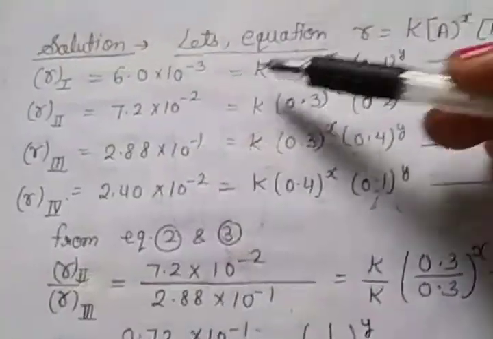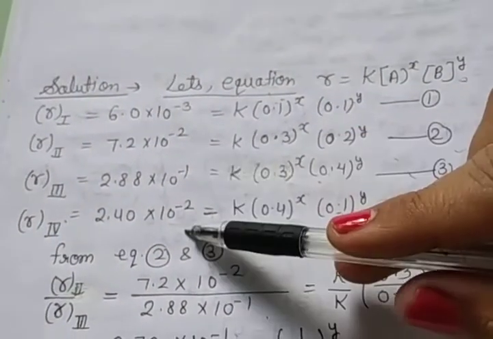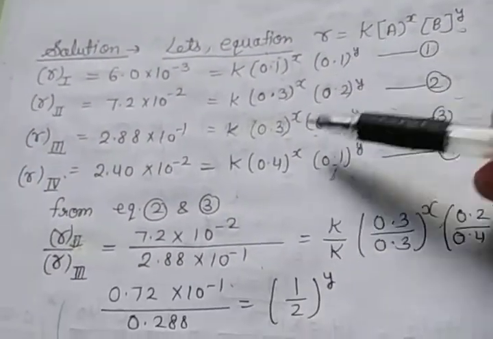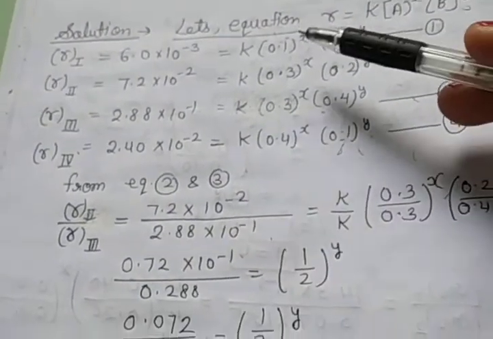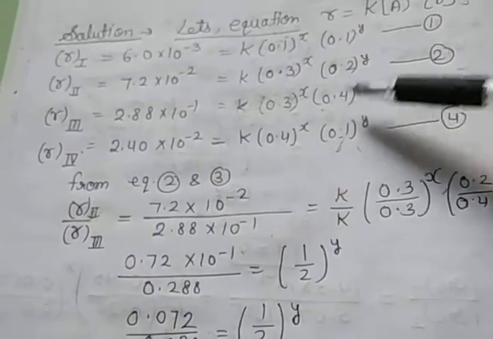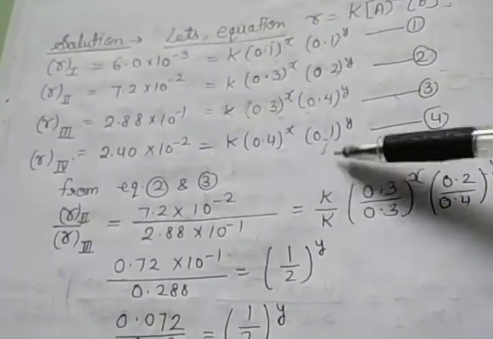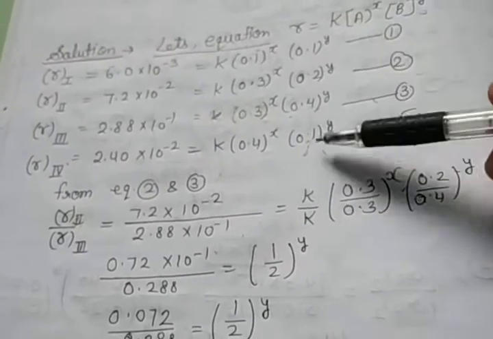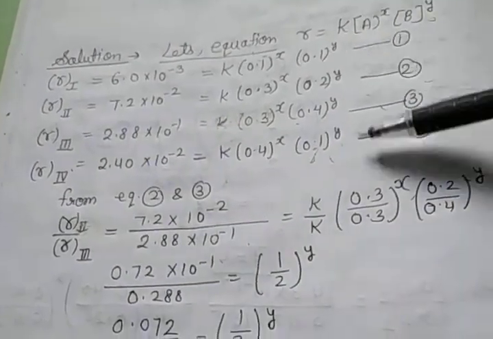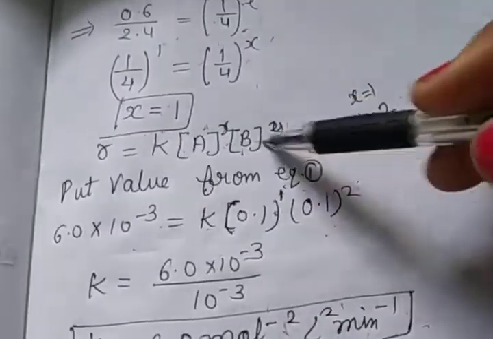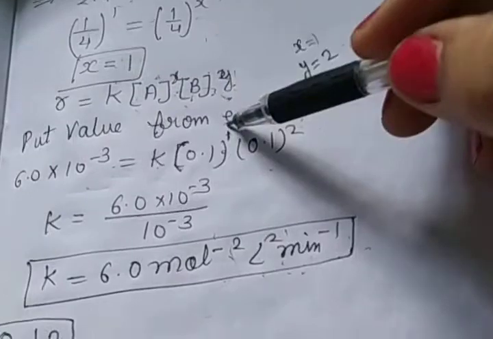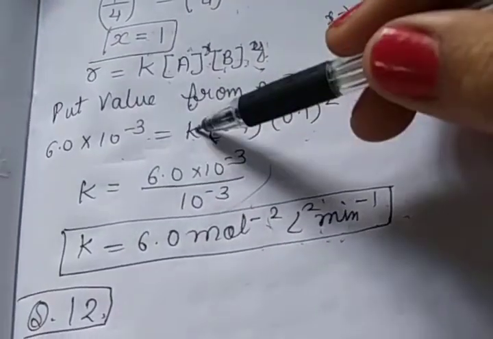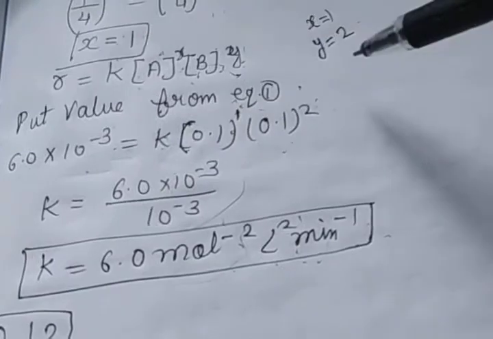So first you have to put the values according to the table, the rate of the reaction. Then first you see which value is common. So the A value is common in second and third, so second and third divide. Then after calculating, the y value is found. So first and fourth, then see 0.1 equal, so 0.1 and 0.1, so first and fourth divide. So we find the x value, and whenever the x and y values come, we again write the rate of reaction formula r = k[A]^x[B]^y. So put the values from equation number first, and from the first equation we find the rate constant value k.